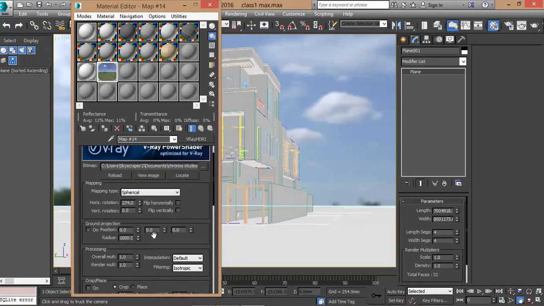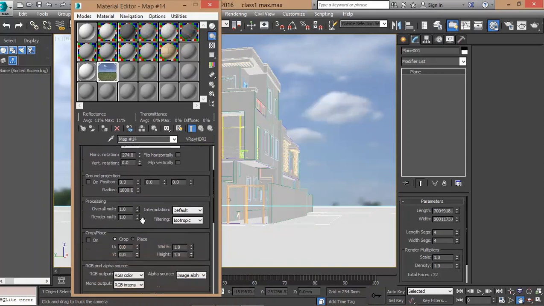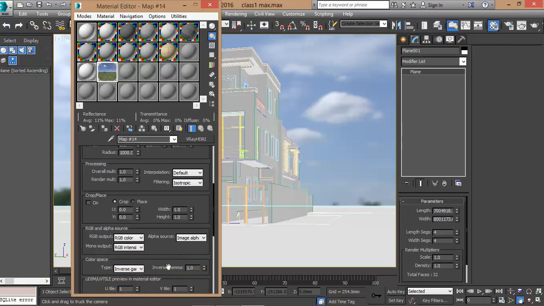You have to do some settings. Some of those settings is the processing. You have overall multiplier, which is usually 1, the render multiplier, which is 1 by default. Then your image inverse gamma under color space should be at least 0.7. It will give you